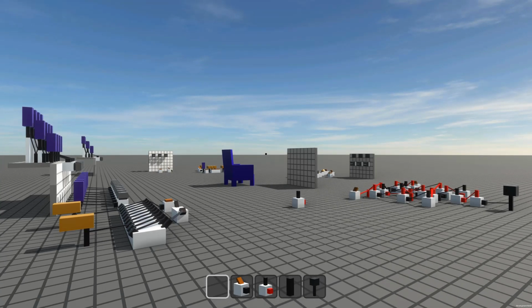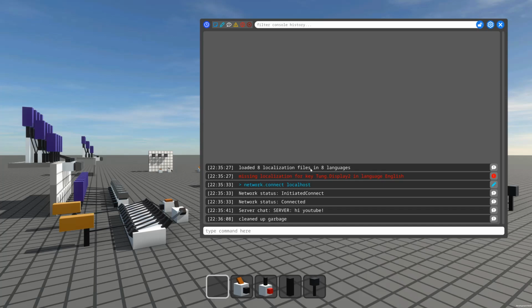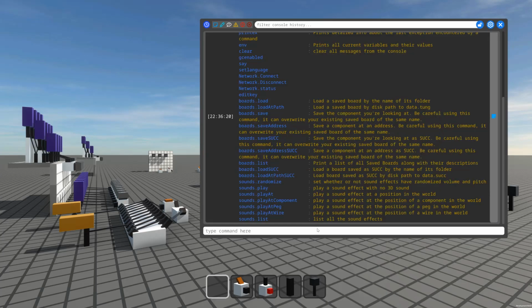At any point in the game, you can open it by pressing the tilde key, the one just below Escape. Here we can see a log of messages informing us of what's been going on in the game. We can also enter commands using this box here. For instance, if we enter the command help, we can see this nice list of all the commands currently in